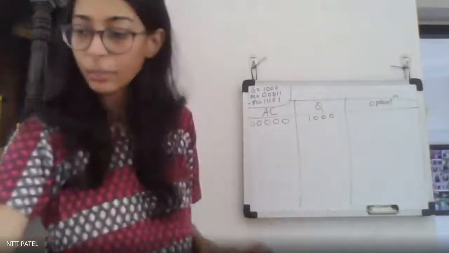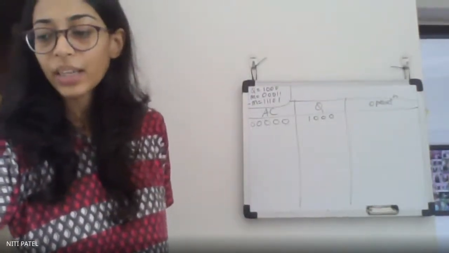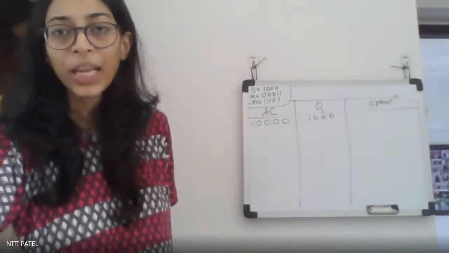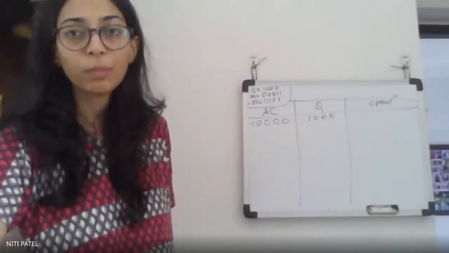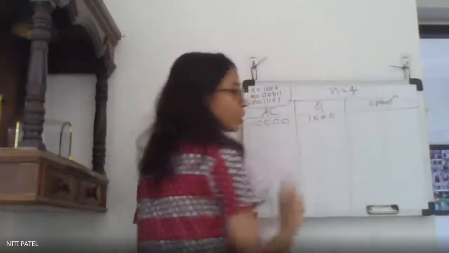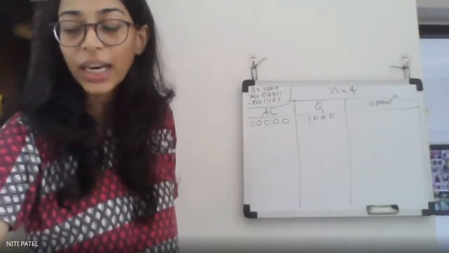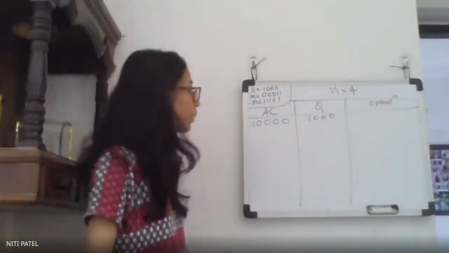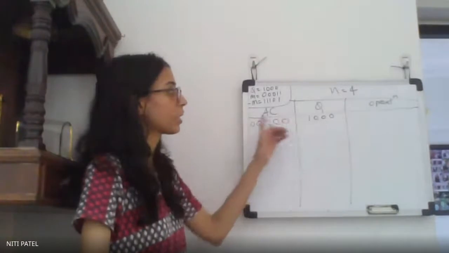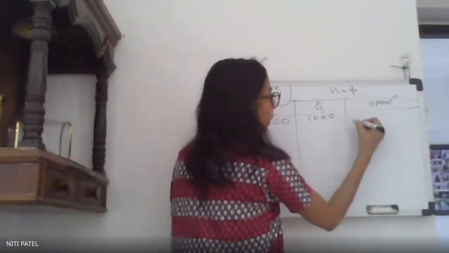What does my algorithm say? I have assigned AC as 0, M to the divisor, and Q to the dividend. And I know how many cycles I have to perform, depending upon the size of the register, which is 4. Now, what is next? I have to shift the contents of AC and Q towards which side? Towards the left.